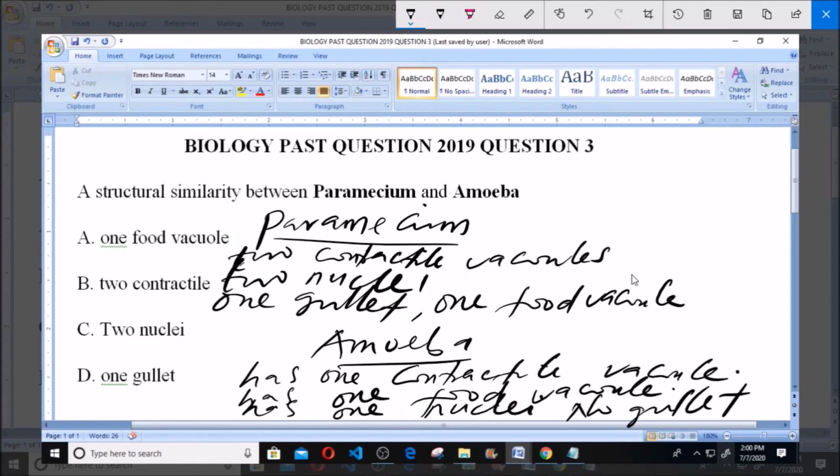Now, based on the features I listed, the only similarity between an Amoeba and a Paramecium is the food vacuole. They both have 1 food vacuole. So our answer here is A,